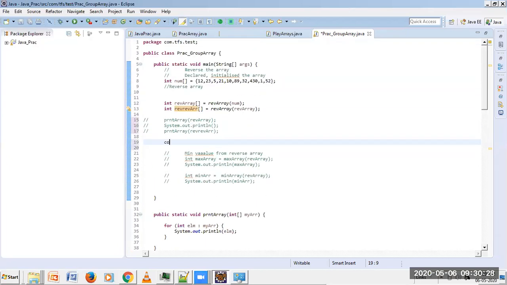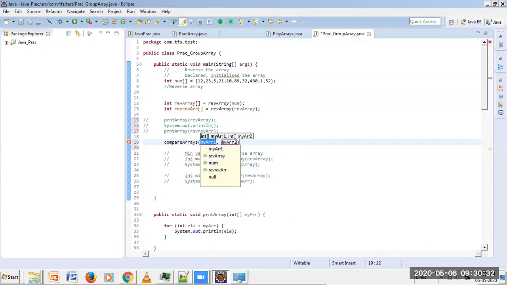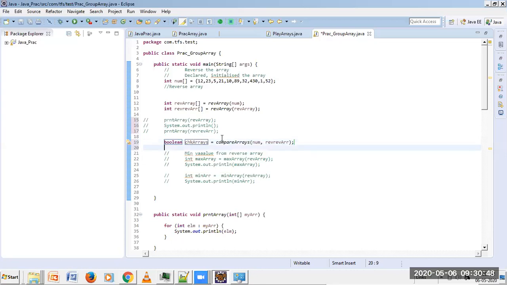As you can see, I'm passing the original array, num, and then the reverse of reverse. Good. And in return, I'll get a boolean value. I can say checkArrays, and then I'll just print it out. Okay.